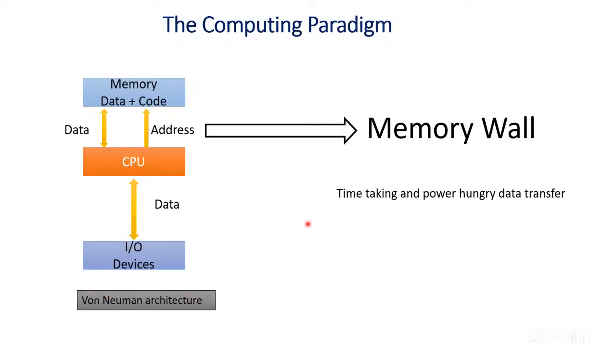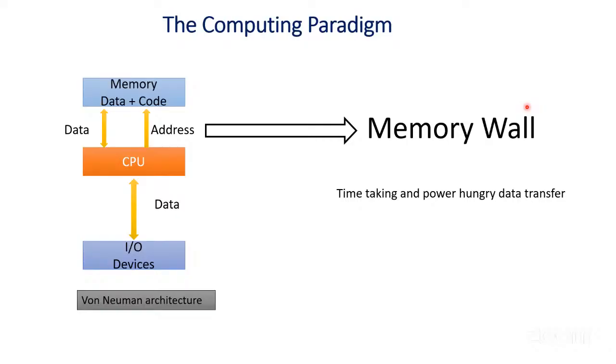This basically suffers from a big problem, which is called the memory wall. What does this memory wall stand for? Memory wall basically says that there is a data transfer that is required between the processing unit and memory, and that processing unit and memory are sitting at different places. CPU is a particular chip, and the memory is a different chip, which is present on your motherboard, and the buses are connecting these two chips, and these buses